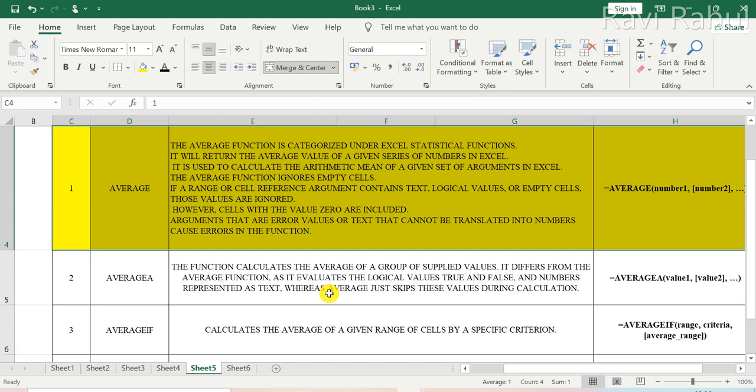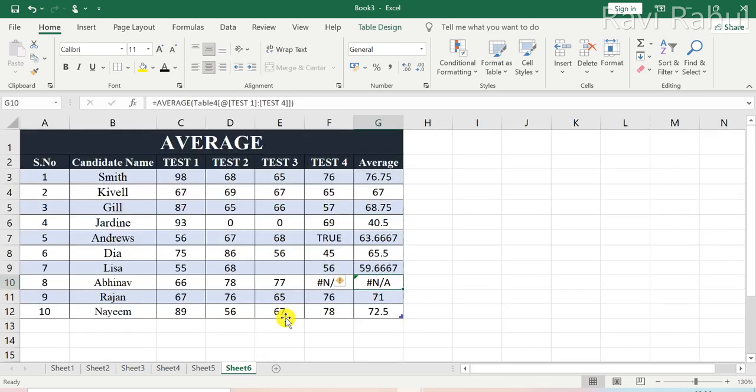What it means is that AVERAGEA will also evaluate the logical values, that is true or false, and the numbers that are represented in the form of text. So let's see this by an example.